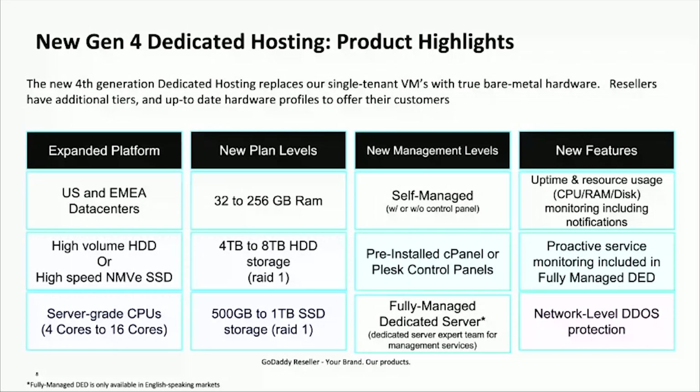And then one of the things we have is network level DDoS protection. Customers don't have to do anything for this. It's nothing that a customer needs to even be aware is necessarily happening. But at the data center layer, if strange large amounts of traffic start coming in from particular IPs or IP ranges, we will automatically block those traffic